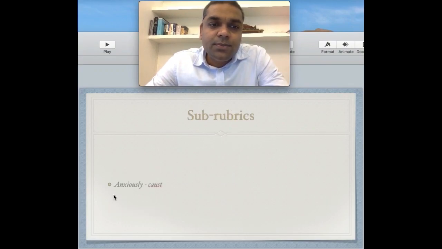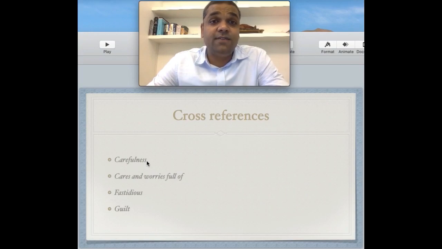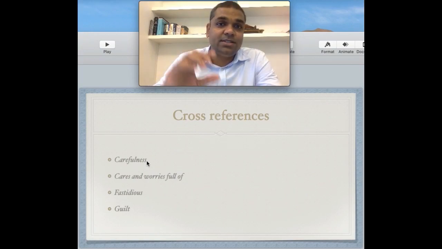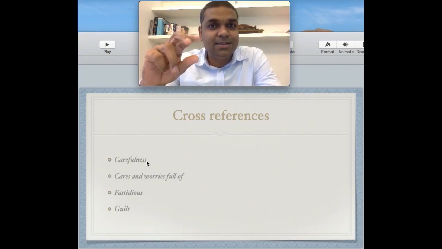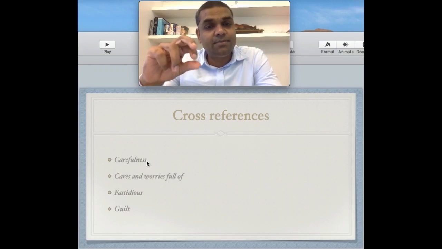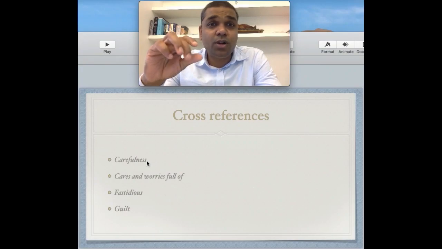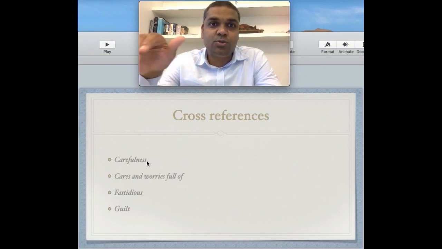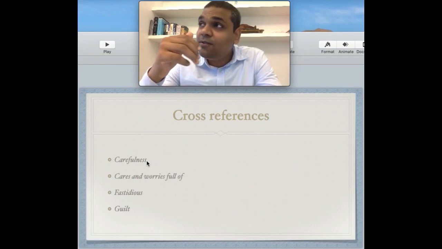Okay. Sub-rubric, cautious, anxiously, I already discussed. Cross references. Now, this is very interesting. The last two, three rubrics are very similar: careful, careful of, and then cautious. So, what is the difference? See, cautious, as I told you, is don't do it. No, don't do it. It's too dangerous. Careful is what